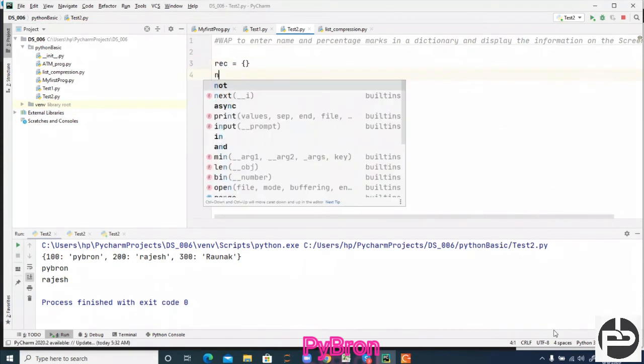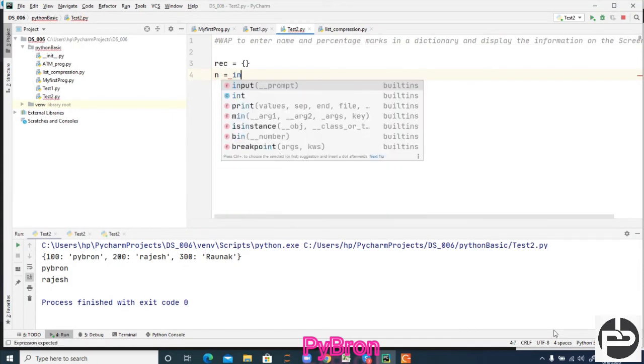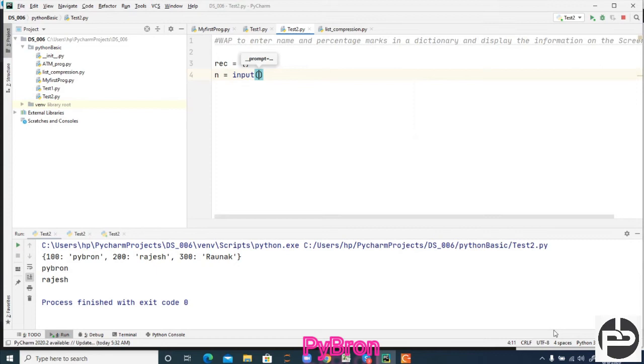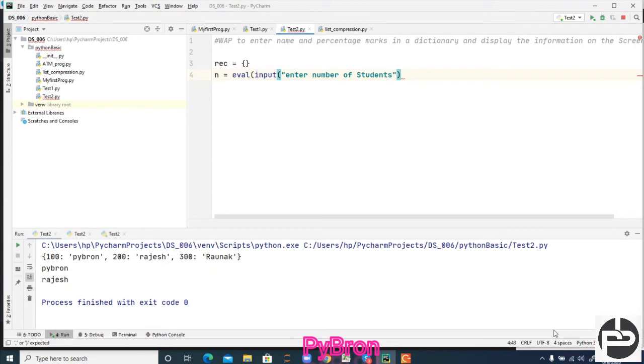And here I'm going to write n is equal to input, enter number of students. Enter how many entries you want to add. As it is a number, I should keep it inside the int method, but we know the eval method, so we can use that here, because it will handle whatever we are passing.